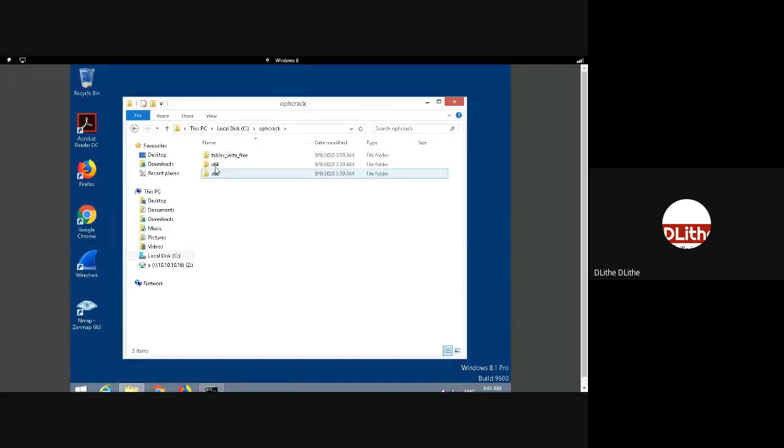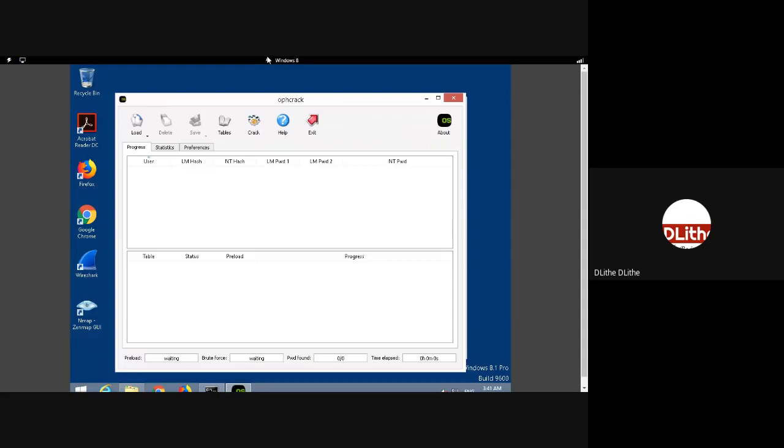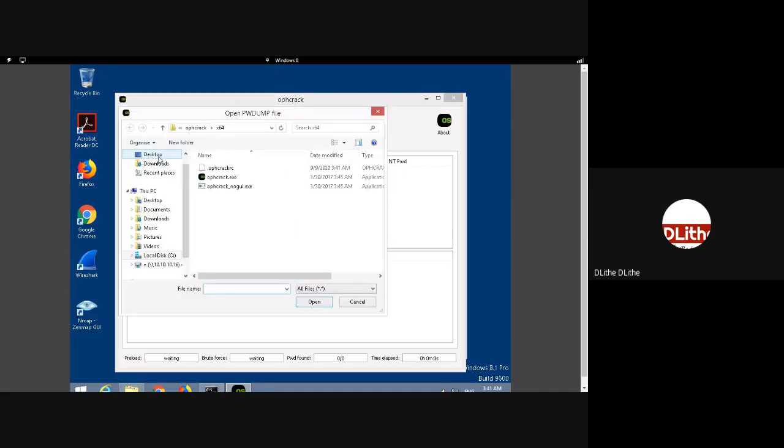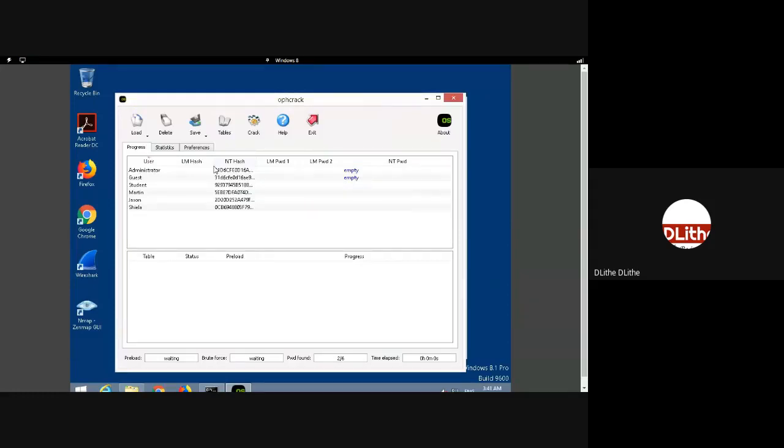Since the operating system I'm using is a 64-bit machine, double click on it. And the UI, this is the portable file. What you have to do here is always first click on load, and we dump the password hash as a pwdump file, isn't it? Let me click on load pwdump file, get the explorer, go to the location where you have stored the hash file. This is the GUI version of what we did in a CLI format, right? Click on load, and you can see here the list of hashes and the word list available over here. So the usernames are available over here.